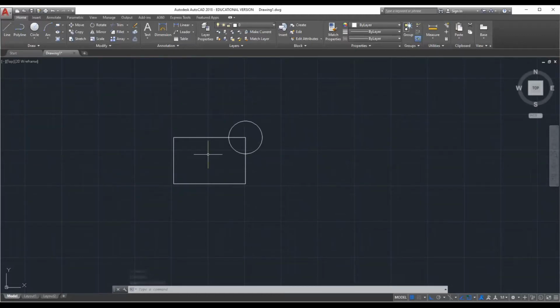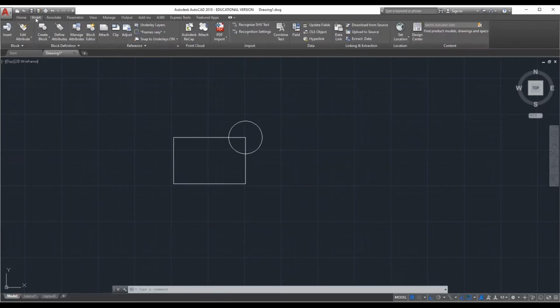So how to convert to a block? To make a block, go to the block panel on the home ribbon, go to insert, and click create block, or else in the command line type B and enter.